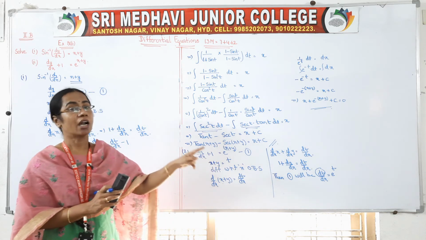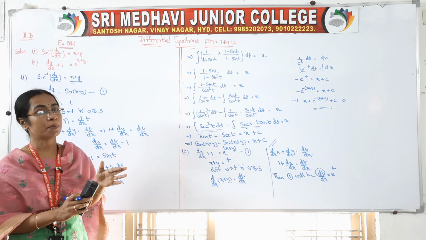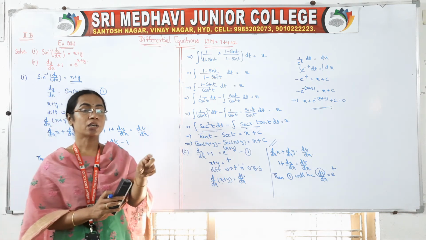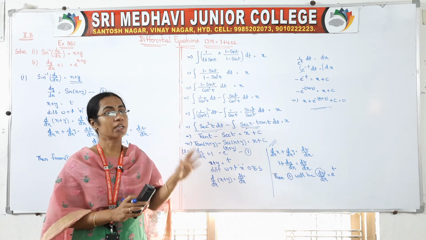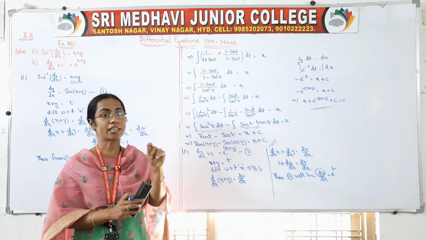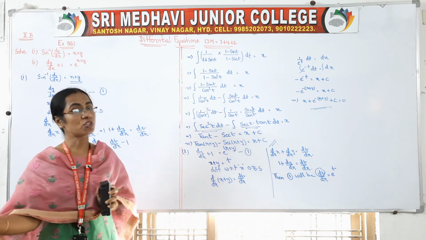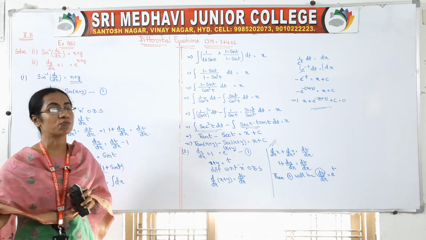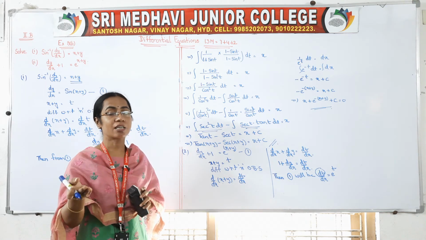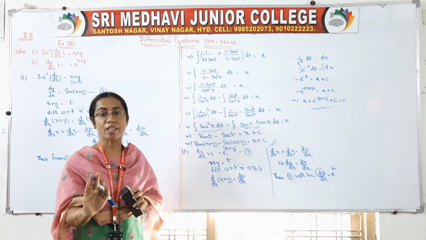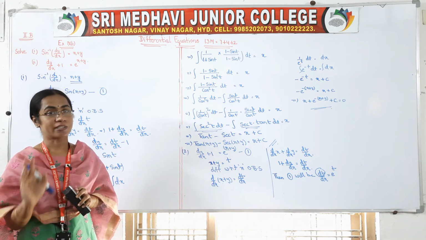Okay, and whenever most terms in the answer are in the form of a log, then we will take the integral constant also in terms of log. That means instead of writing plus c, we will write log c. If most of the terms at the end we get in terms of log, right, we will take the integral constant also in terms of log only. Instead of plus c, there we will take log c.